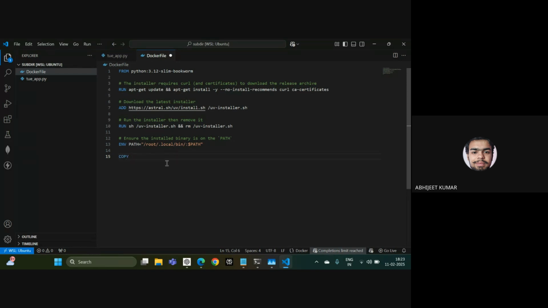So there is a way we can copy any file from our local machine to this Docker container. So I will use the COPY command, and now I will mention the name of the file and then where we want to